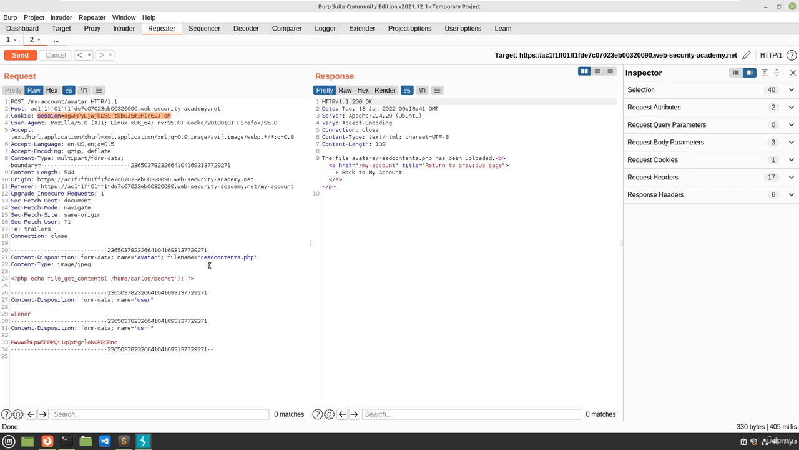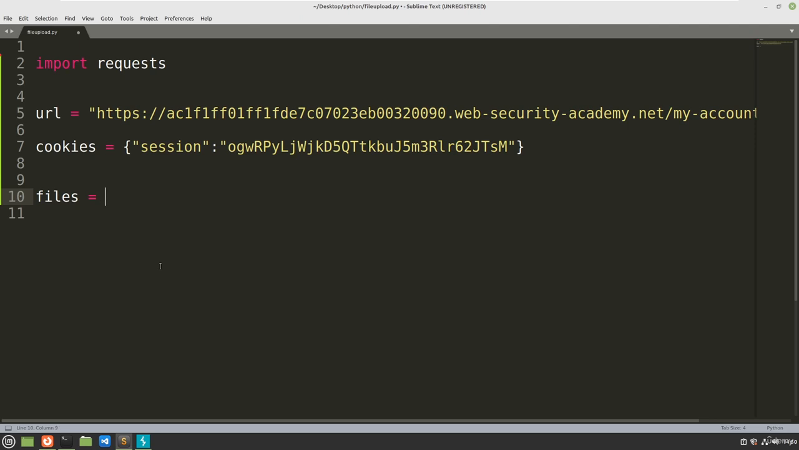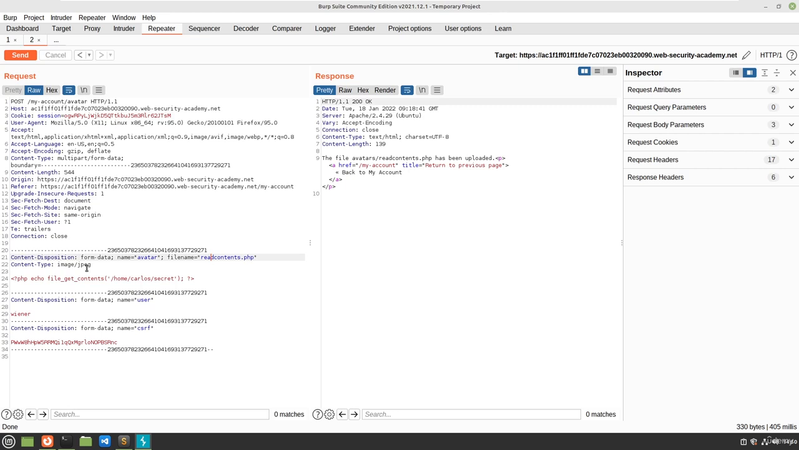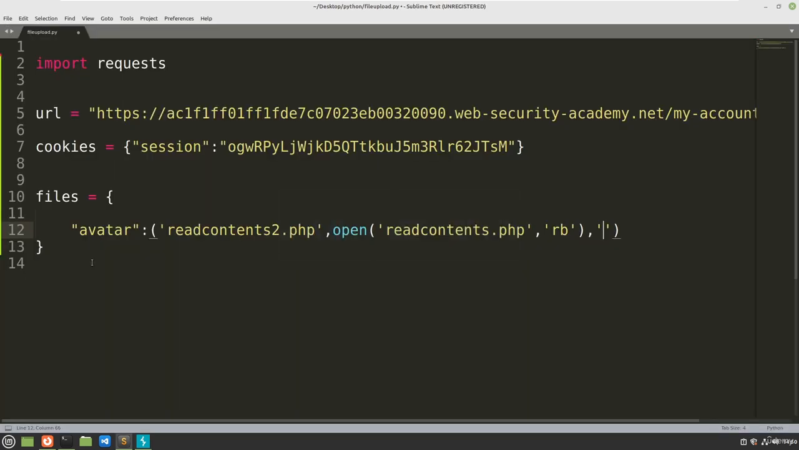So there are three things: the file and two normal values. The first one is avatar, and the file name, let's say read_contents2.php, and the second parameter is the actual data of the content we want to send. Open this in read binary mode, and here comes the main part, the content type, that is image/jpeg. So we can say image/jpeg. So this is the first one,